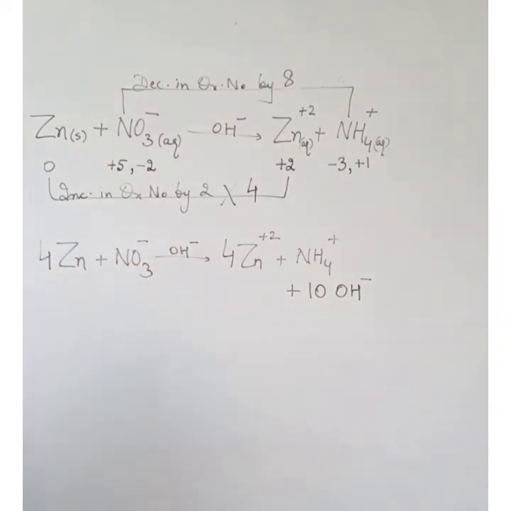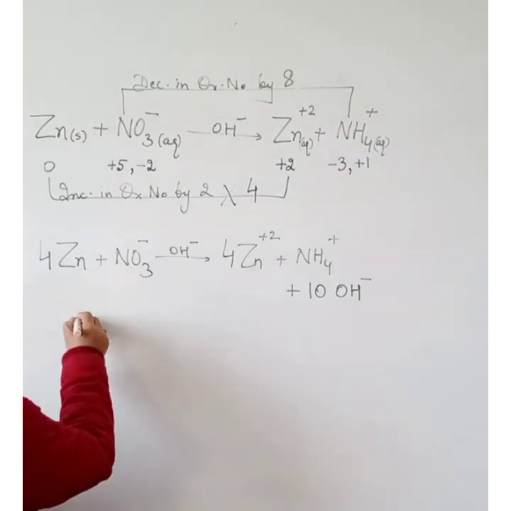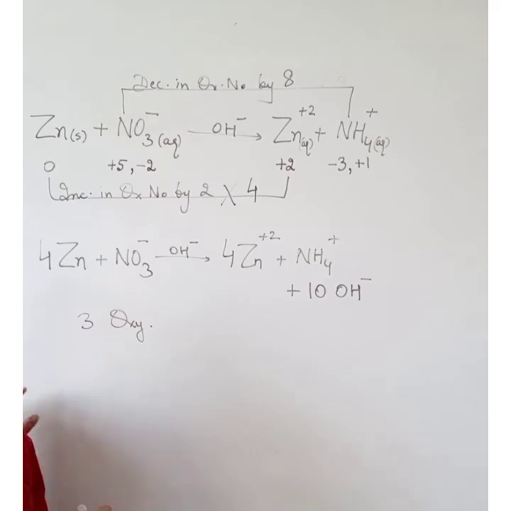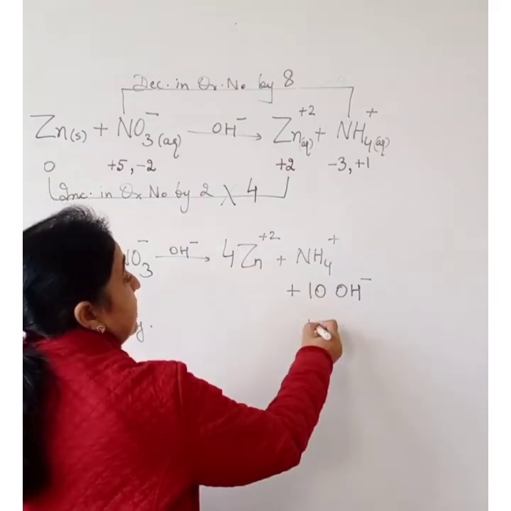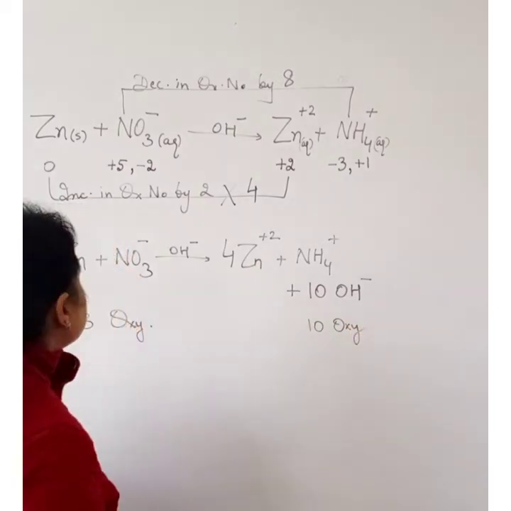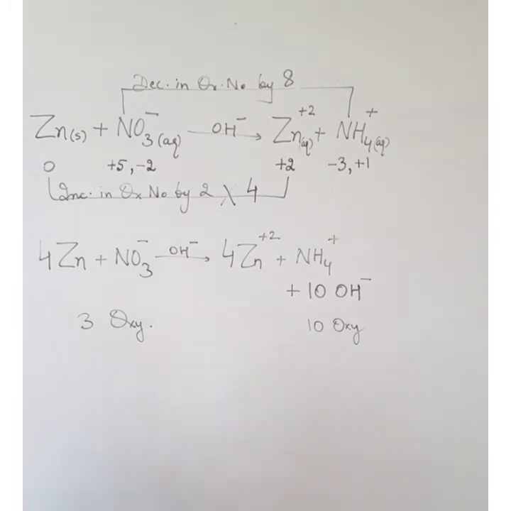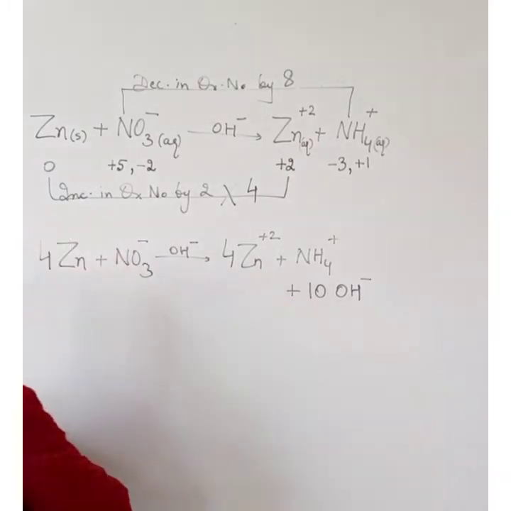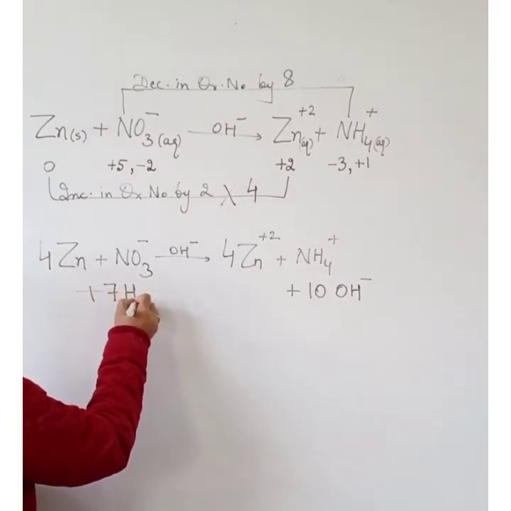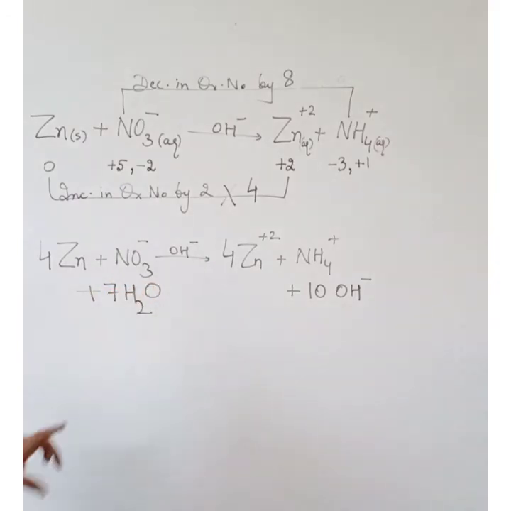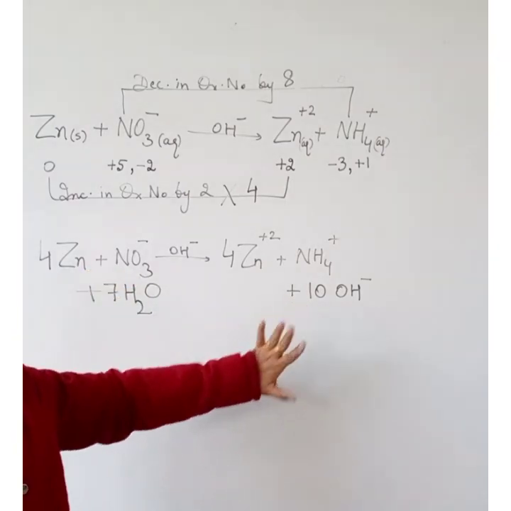Now after balancing the charges, the next step we have to balance oxygen atoms, which is not affected by the medium. You have to add water molecules on the deficient side. 3 oxygen here. Then on this side, we are having 10 oxygen atoms. So which is the deficient side? This side is deficient side and it is deficient by 7 water molecules. So I have to put 7 water molecules on the deficient side. Now it is balanced. 7 plus 3, 10 and here also 10.